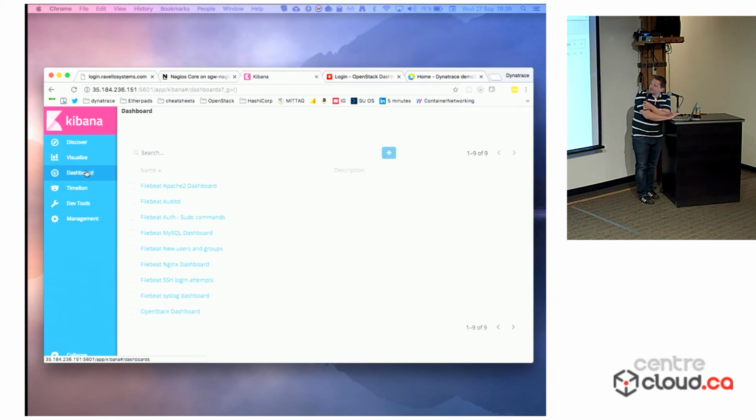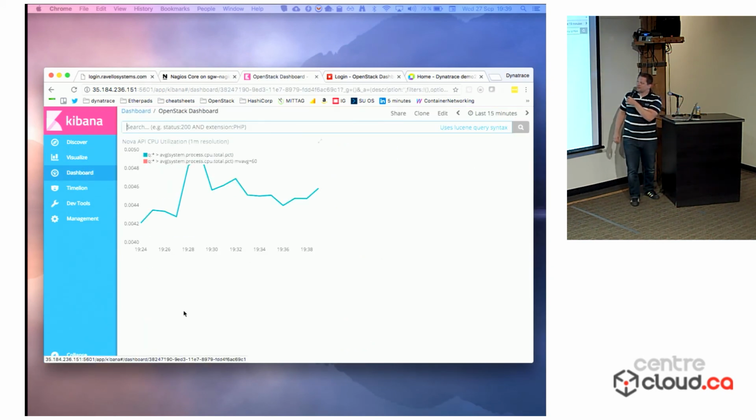Okay, let's just move on to the dashboard. So I created one OpenStack dashboard, and it's not very sophisticated because